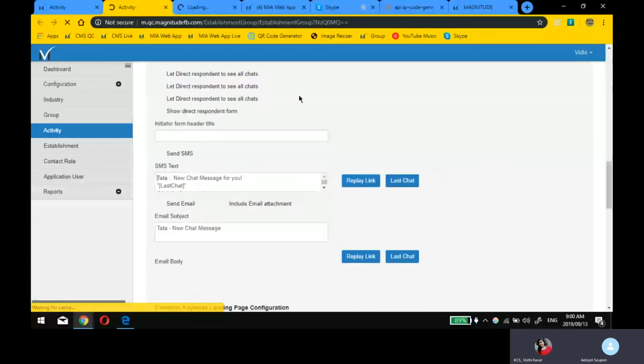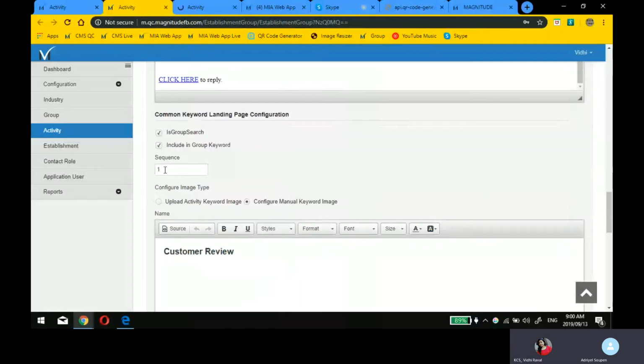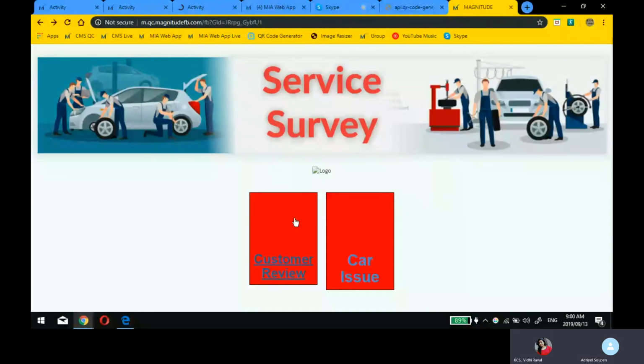So if you remember, we scroll down here, and what we did is we selected here a group keyword, and you can see how I said sequence is one. Now, this is sequence one, so can you see here? It's the first one over here. And on this activity, when it loads,